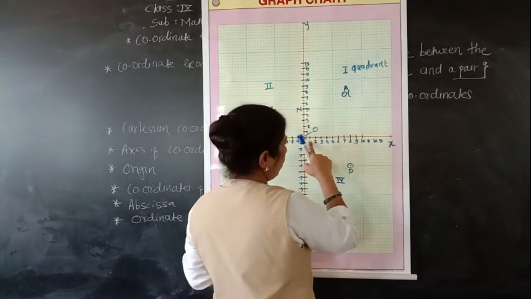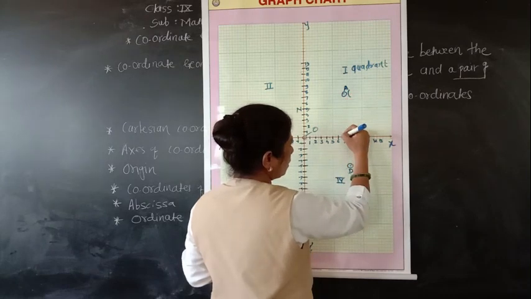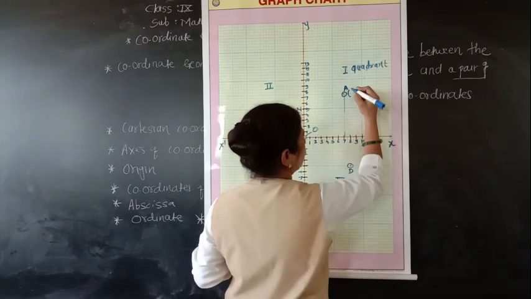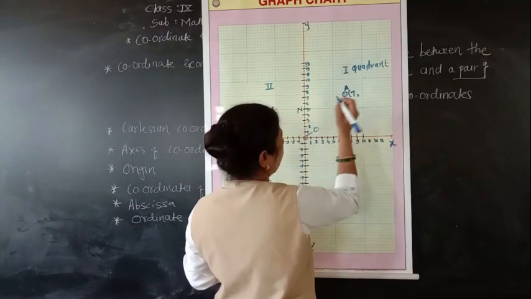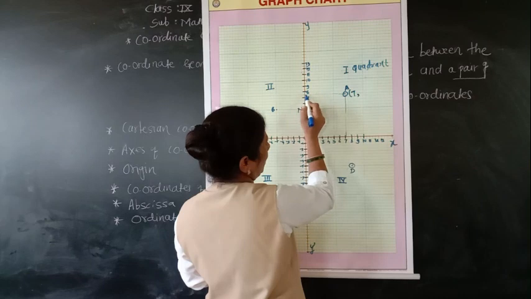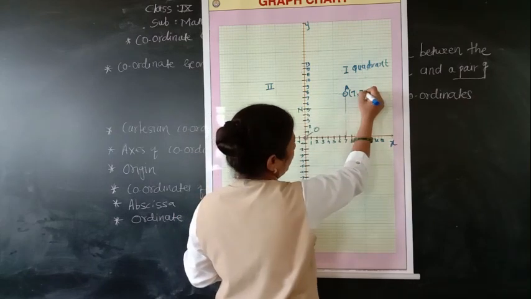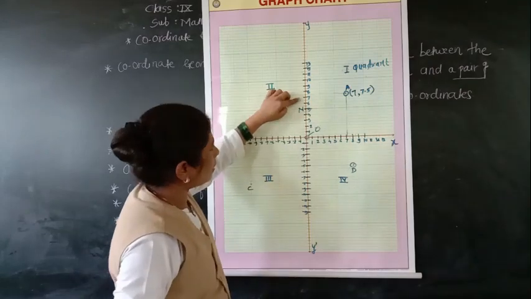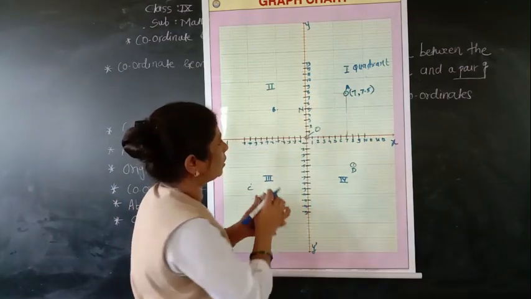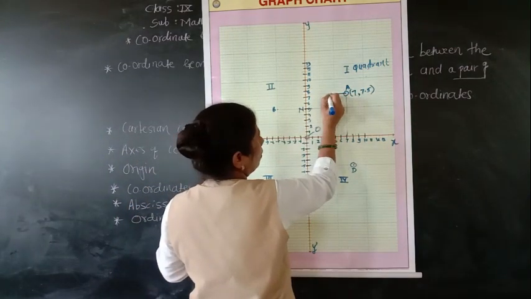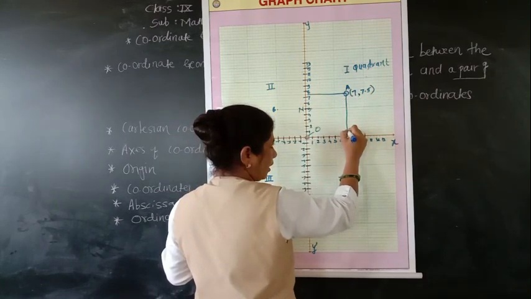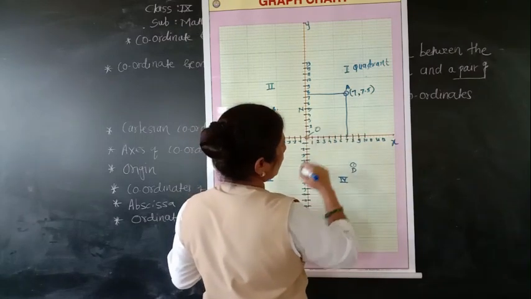So here 1, 2, 3, 4, 5, and this means on this line we have to check this point. So what is it, 7, right? Comma, and on the y axis, this is 7 and this is 8. So the middle point will be 7.5. So this is 7 complete and this is 8 complete. So in this way we can find the coordinates of this point.